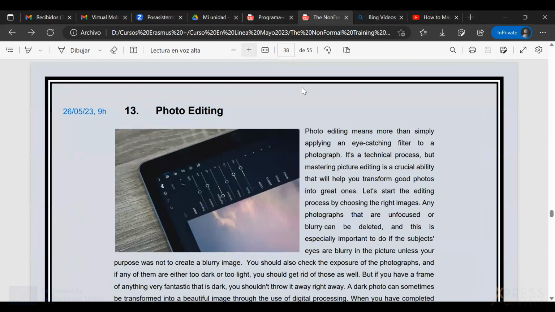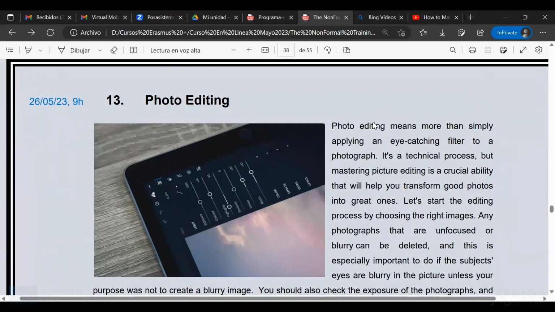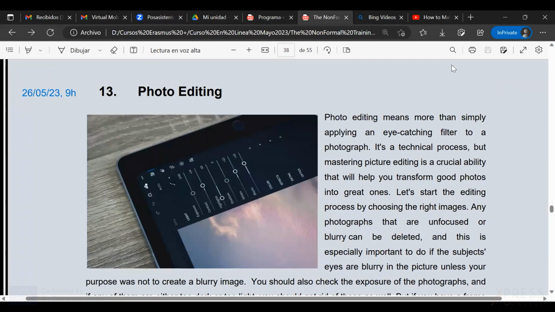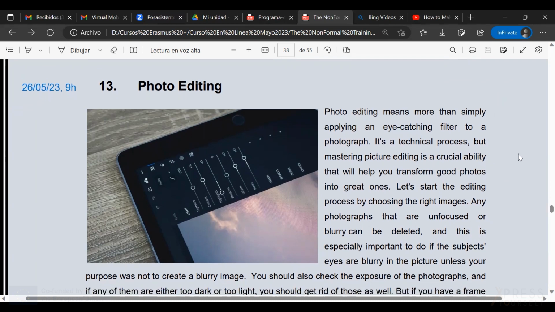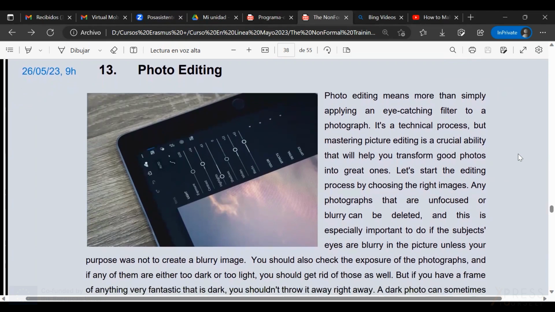I'll make this closer so you can see it better. Remember that you can at any time express any doubt or interact, expressing your opinion or commenting anything that you want through the chat or by asking for the turn and switching your microphone on.